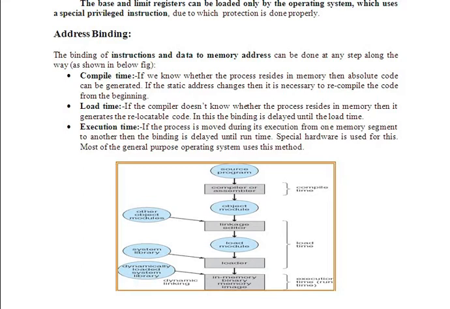When you have a reservation for a flight, from the time you go to the airport until you take the boarding pass, you will not know which seat has been allocated to you. This is what we call load time. While you are boarding, you will know which seat you have been given. So this is exactly what happens in the address binding process with respect to instructions.